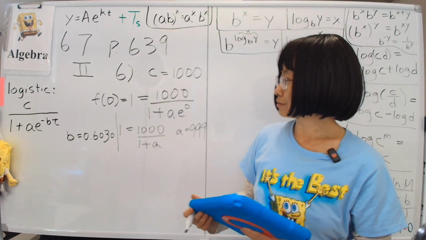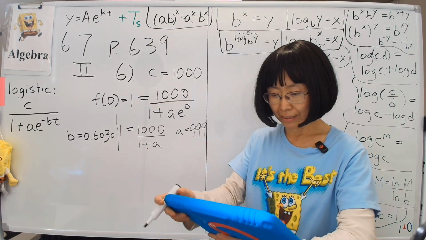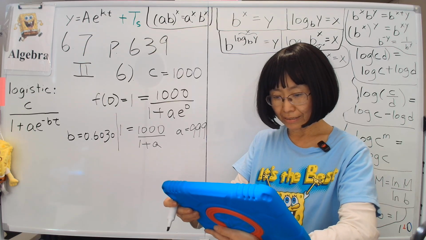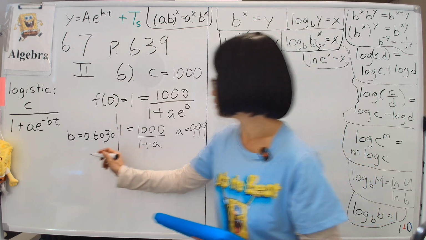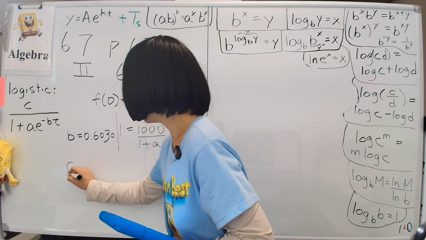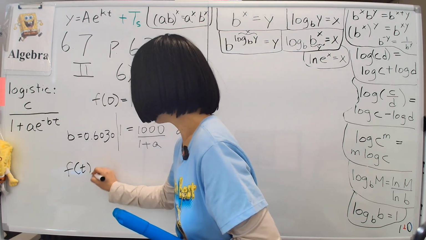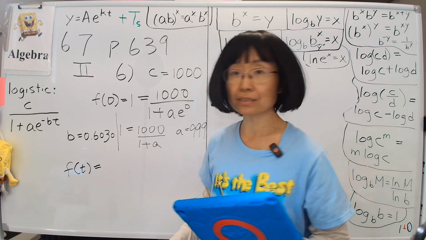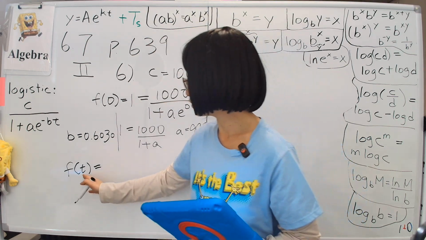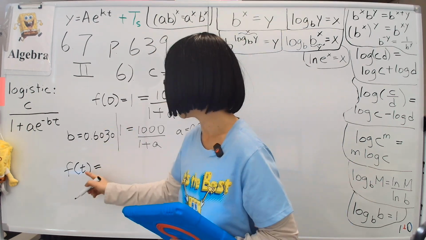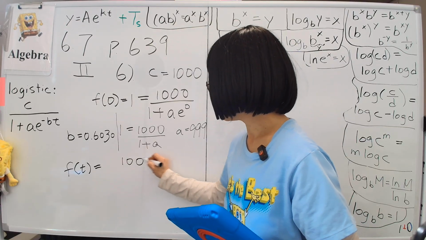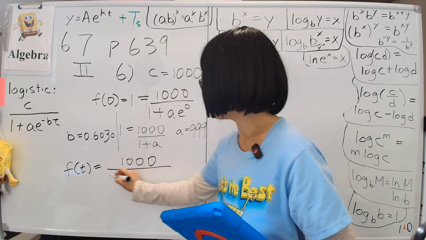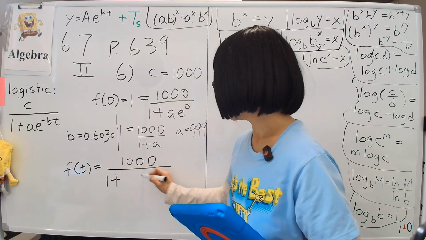So that's B. So now we have the entire formula, okay? And the formula then is given as, let me write that down. So our entire formula with all information given, that is f of t, which is the number of people who has flu or something like that, doesn't matter. The point is f of t equals, c is given as 1,000, divided by 1 plus a is calculated at